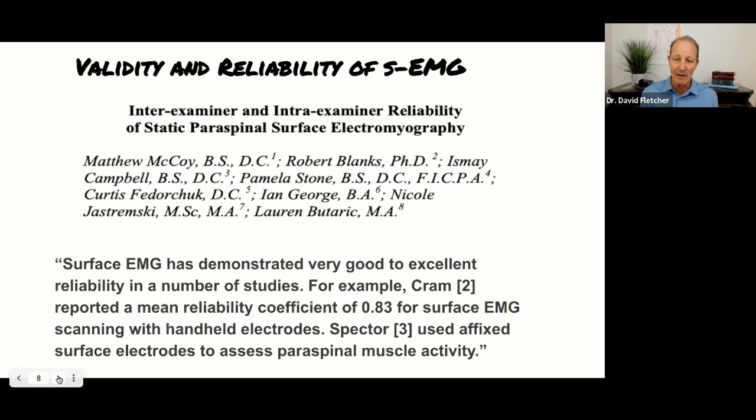And again, we're talking about the 0.83 to 0.9 regions, which should give you the confidence to know that when you use EMG on scan 1 to scan 2 to scan 3, especially with the protocols that we have put in place at CLA, you are getting true and clean reads between examiners and sessions.